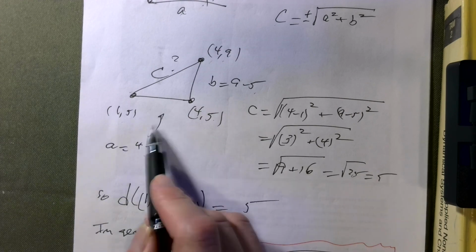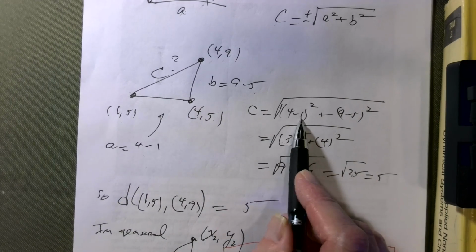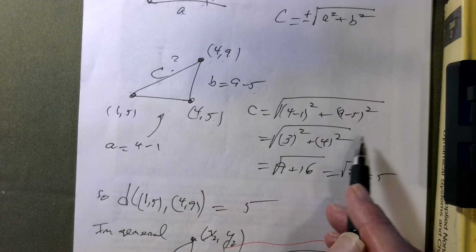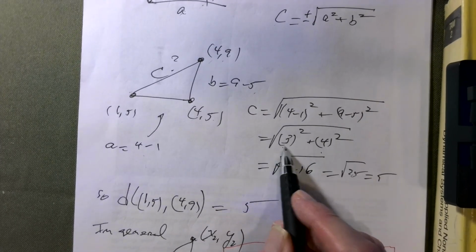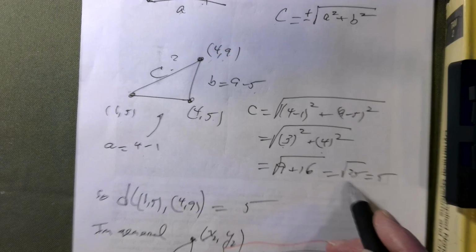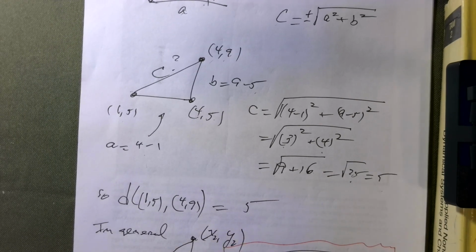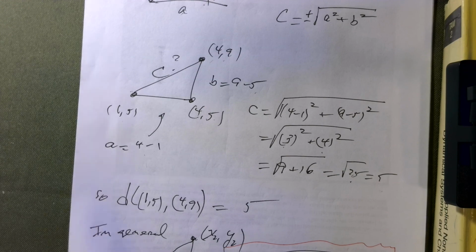And so I just substitute. So I take 4 minus 1, square it. 9 minus 5 squared. So this becomes what? 3 squared and 4 squared, which is 9 and 16, which is 25. And that turns out to be the square root of 25, which is obviously 5. And your distance formula